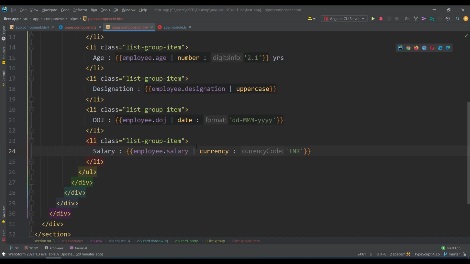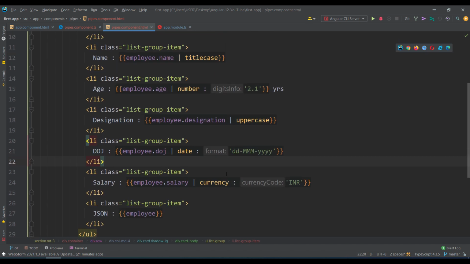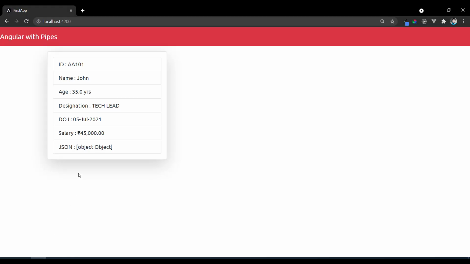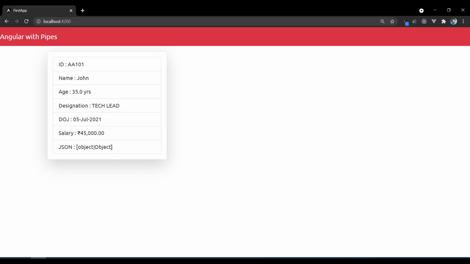Yeah, this way. And one more is there, that is the JSON format. JSON is, I just say employee as it is. I don't want to specify one by one. For example, once you receive data, you just cross-check whether it was really received at the client level or not before you properly print it. So you can just print the raw data as it is. If I just specify employee, you got object as it is. I don't want this.